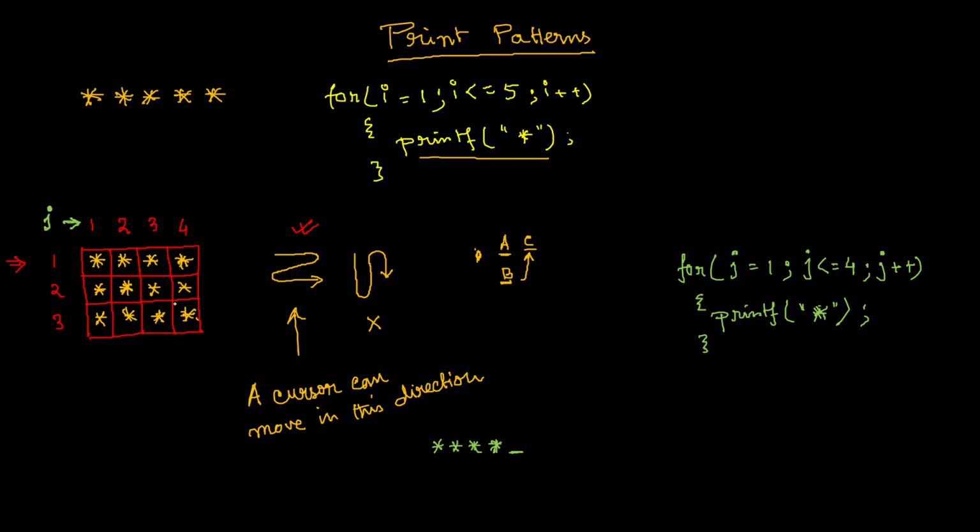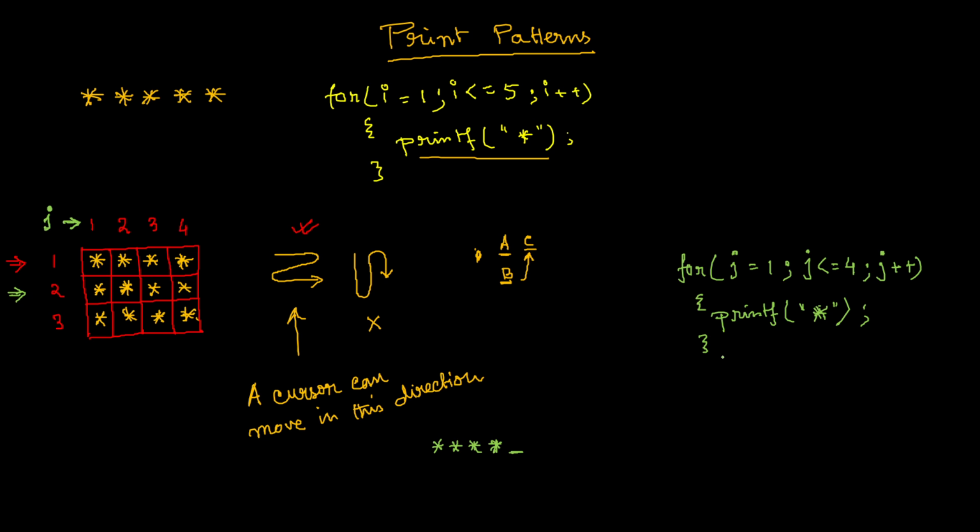That means you want to engage with this second line. If you only concentrate on the second line and want to print these stars, it is basically the same for loop you have written,